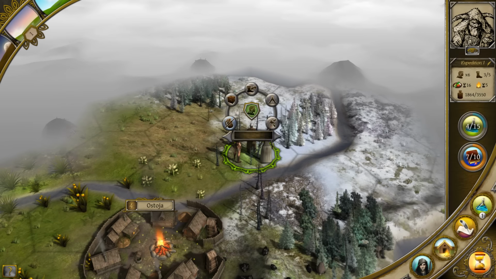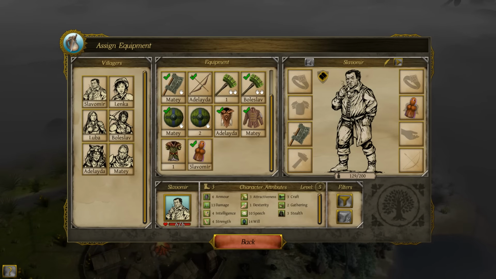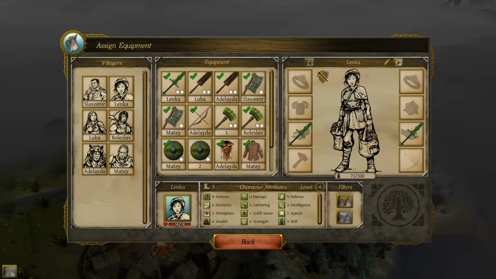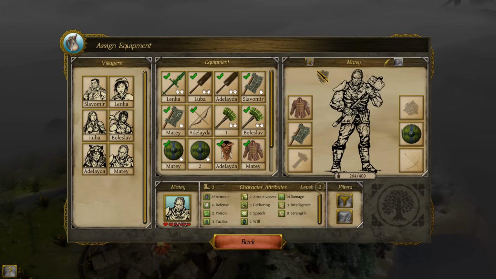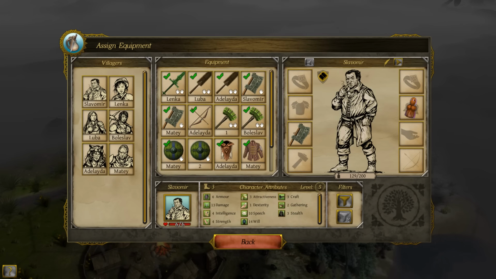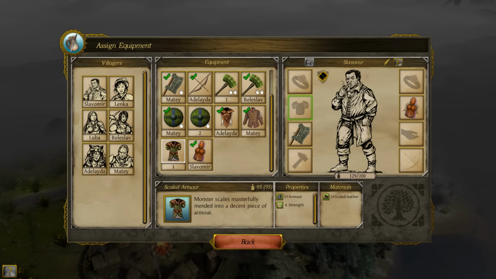I gotta go to my equipment button, open that up, and then I look at, this is all my equipment here in this center box. On the right, I've got all my people. I can scroll through them like this. All these guys started with weapons, so I don't need to equip them with any weapons. But this piece of armor might be good. It's got 17 armor, 6 strength. Wow, that's incredible. I probably want to put that